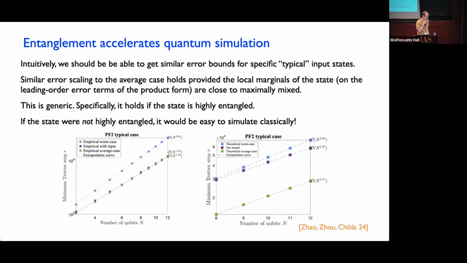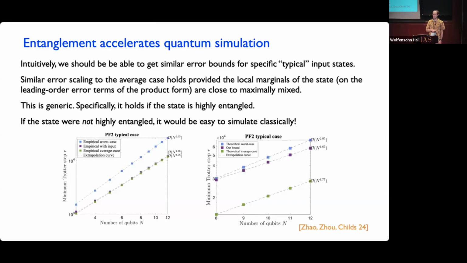I think the intuition is that in the case where the state is chosen at random, it has this one design property. There's this Frobenius norm, which is governing the behavior of the error. And the only thing that matters really when you do this computation are these leading order error terms. So as long as the marginals of the state, for the things that are relevant to these leading error terms, look like they would in the case where the state was chosen at random from some distribution, you're going to get the same scaling of the error. Does this make sense?